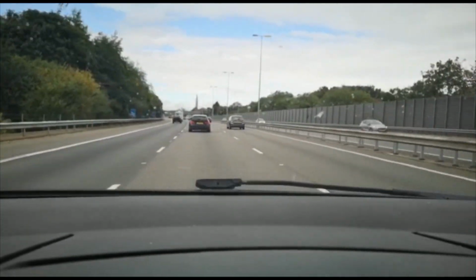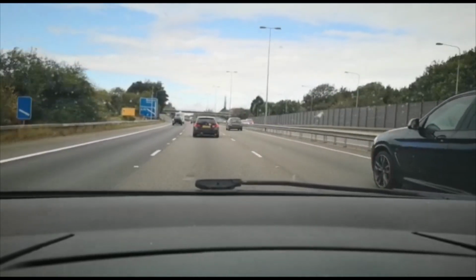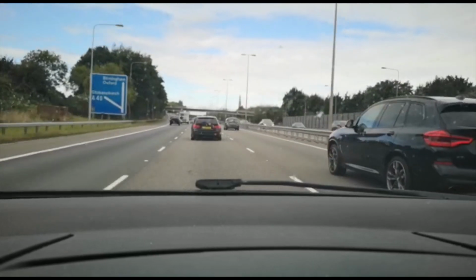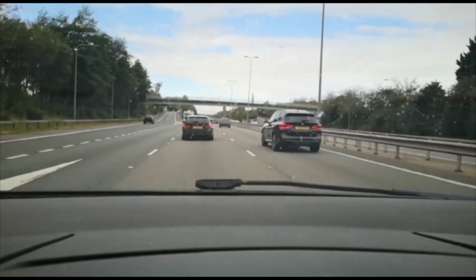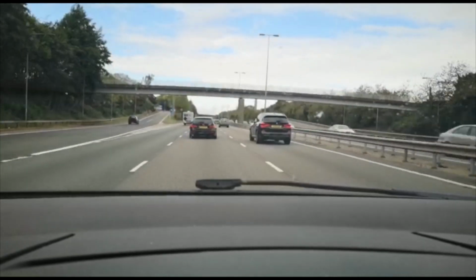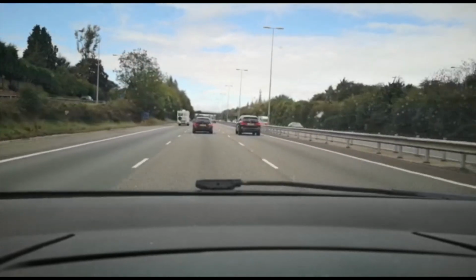So what we are waffling on about is the Vicar of Dibley. In the beginning, the opening shots of the Vicar of Dibley, the helicopter or the camera pans over a motorway with a hill cut out of it and a bridge going across and a motorway running through it. And this is the road where it was filmed. Yep. And we are coming up to the part